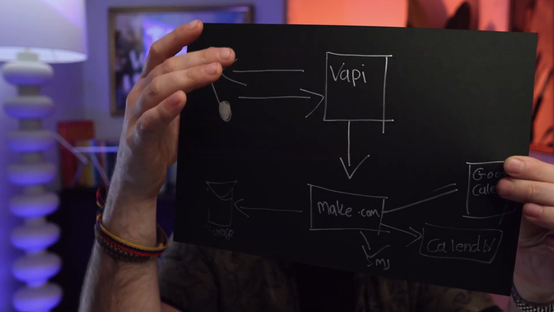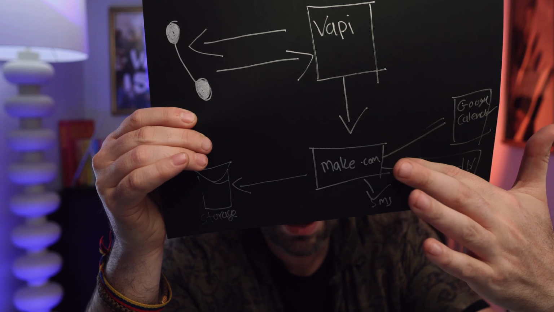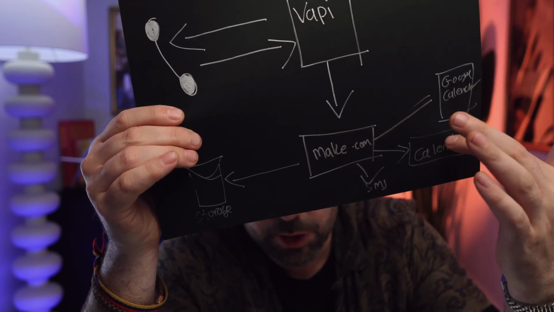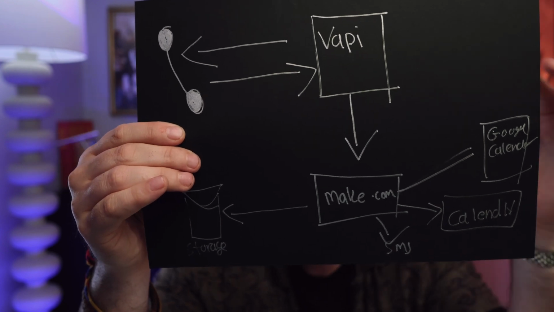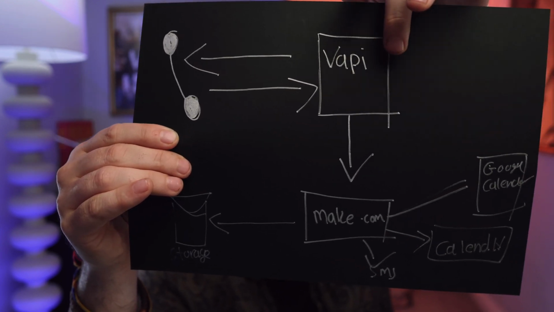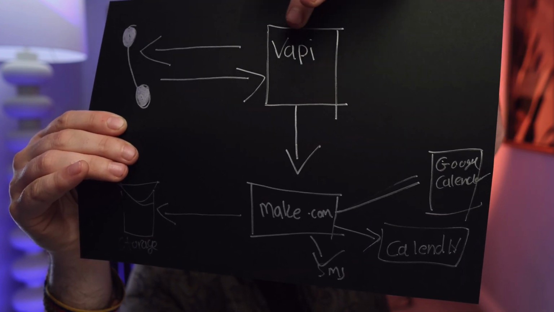Later on, when we start talking around automations and AI, we're going to go from Vapi, which is here, down into make.com, and then off to Google Storage or Calendar or Calendly or SMS or all those other pieces. But for now, at the beginning here, we're looking at Vapi and how Vapi interacts with the telephone over here. So we're just in this piece here. Okay, so let's dive in.